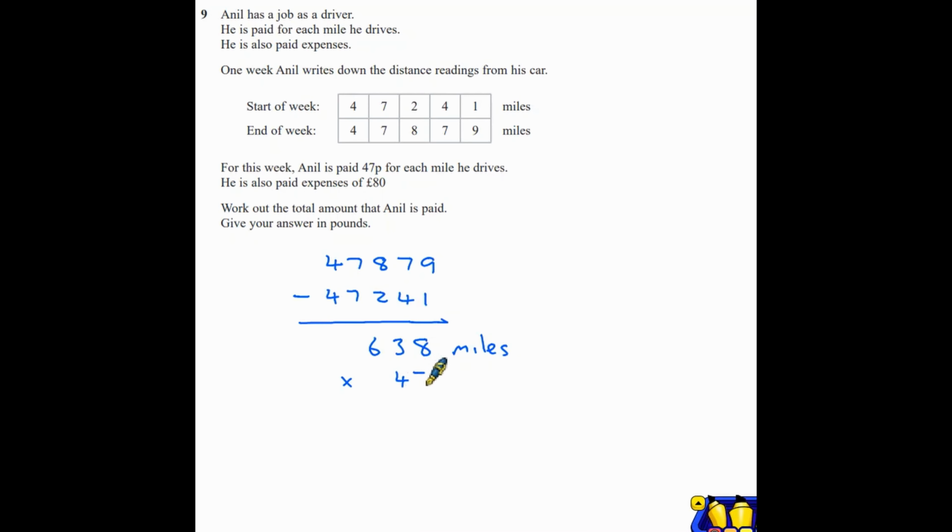47 pence. If we turn that into pounds, that would be 0.47, because at the end of the day we want the answer in pounds. So 638 multiplied by 0.47 comes to